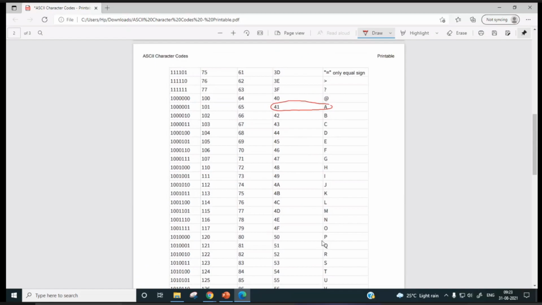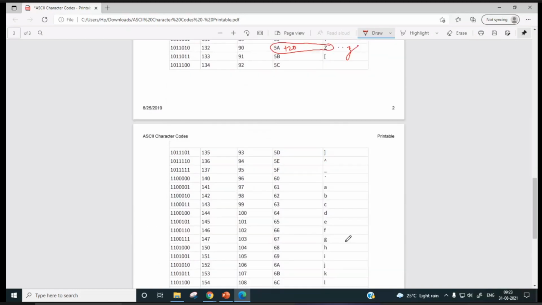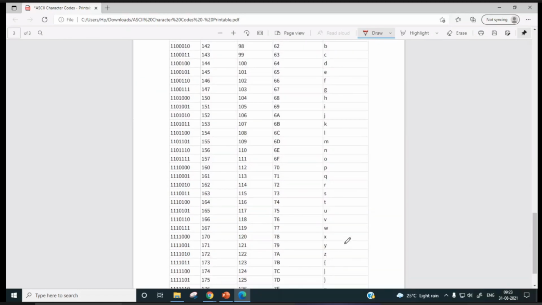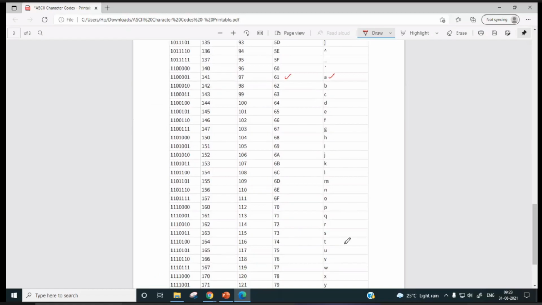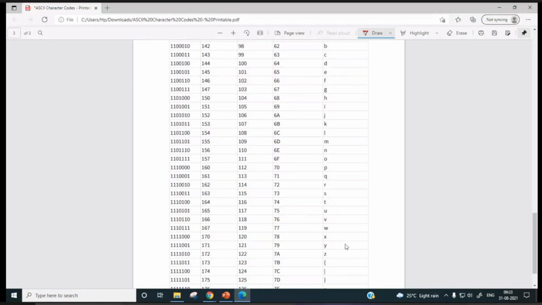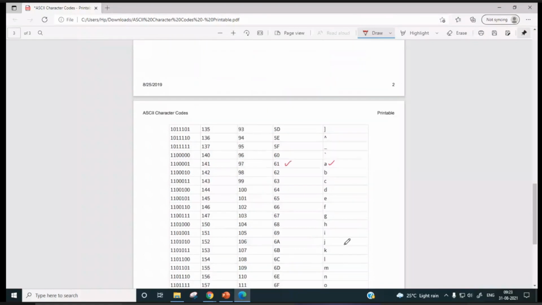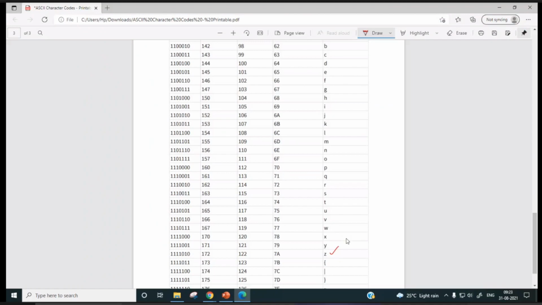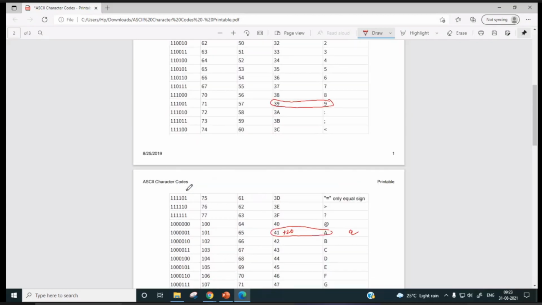If you add 20 to 41, it will be small a. Let us check. See, 61, small a. Yeah, small z: 5A plus 20 is 7A. So very easily you can convert.